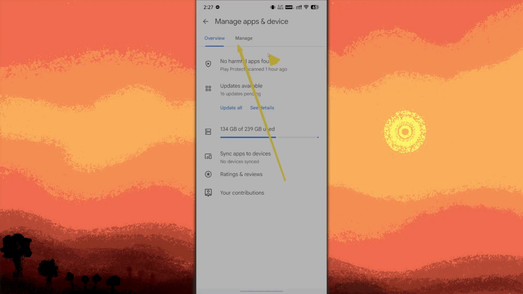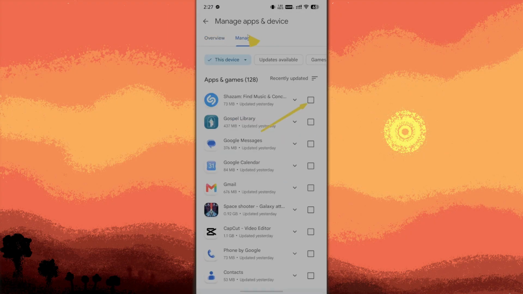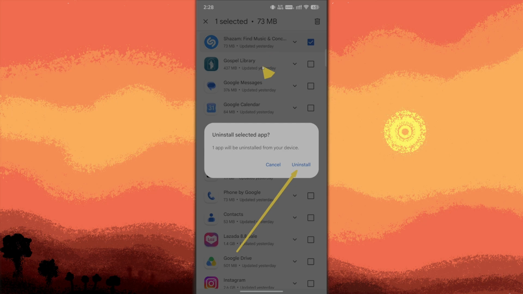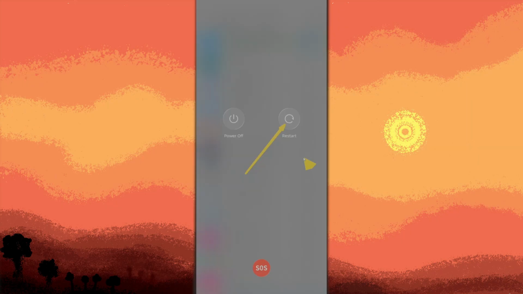Go to Manage and check the boxes for the app. Then tap the Delete button. Tap Uninstall to remove any apps that you didn't intentionally install. Restart your Android phone after making these changes. Keep your Android system and Google Play Store updated, and install apps only from trusted sources to help prevent unwanted